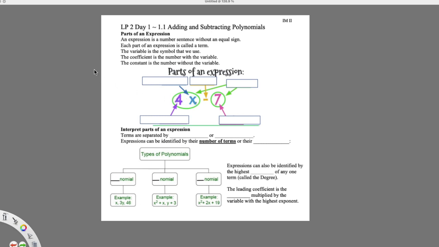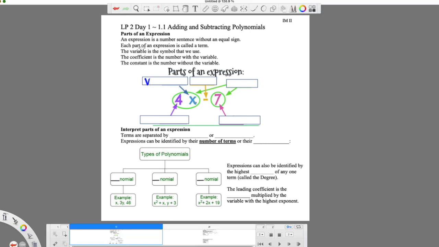All right, so now we're going to go through and label the parts of the expression here. The first part of the expression, this part is pointing at this x, which we just went over, and this part up above here, that's called our variable. It can be any letter, A through Z. There are certain letters I would probably stay away from, like the letter O because it looks like zero. The lowercase l can look like a 1. Just certain things to kind of stay away from, but really it can be any symbol you would like